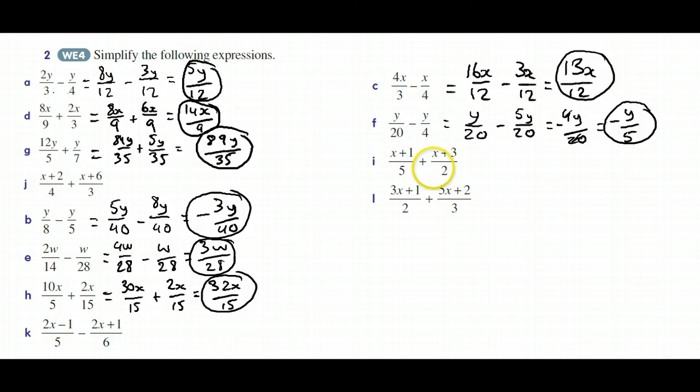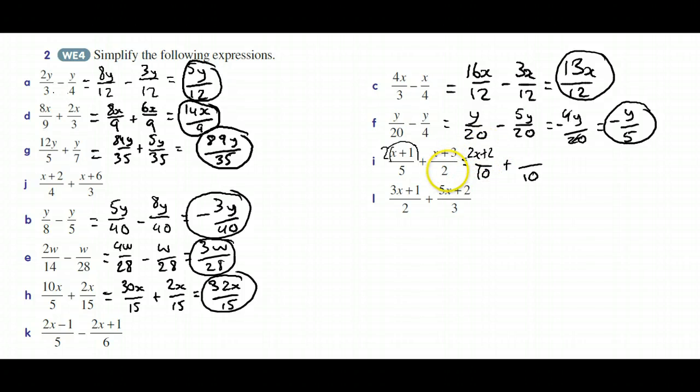Then we've got over here x plus 1 over 5 plus x plus 3 over 5. Lowest common multiple is going to be 10, so we're going to get 10 on the bottom of both sides. To get 5 to become 10 we've got to multiply it by 2, so that means we've got to multiply everything on the top by 2. So note that we've got 2 terms on top, they've both got to be multiplied by 2, and that's best expressed by putting it in brackets and putting a 2 at the front. Okay, everything outside the brackets by everything inside the brackets, so 2 times x and 2 times 1 over there,